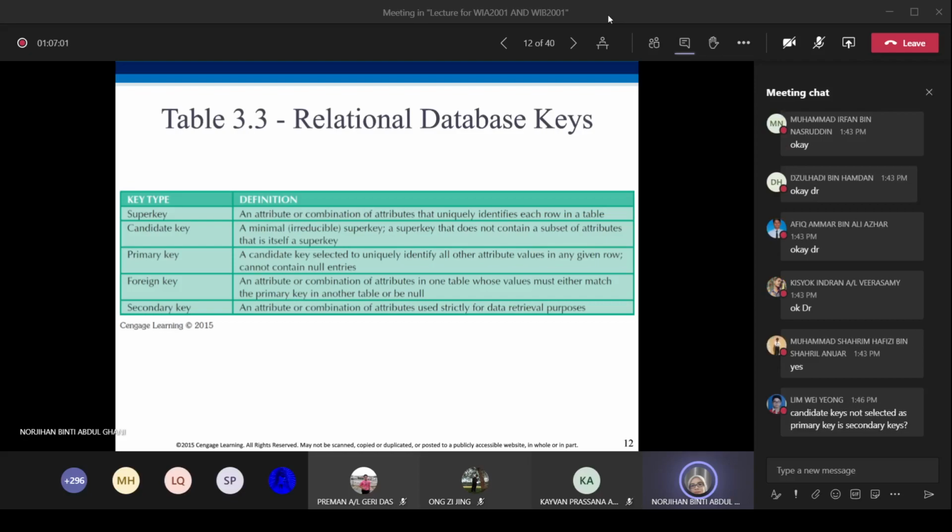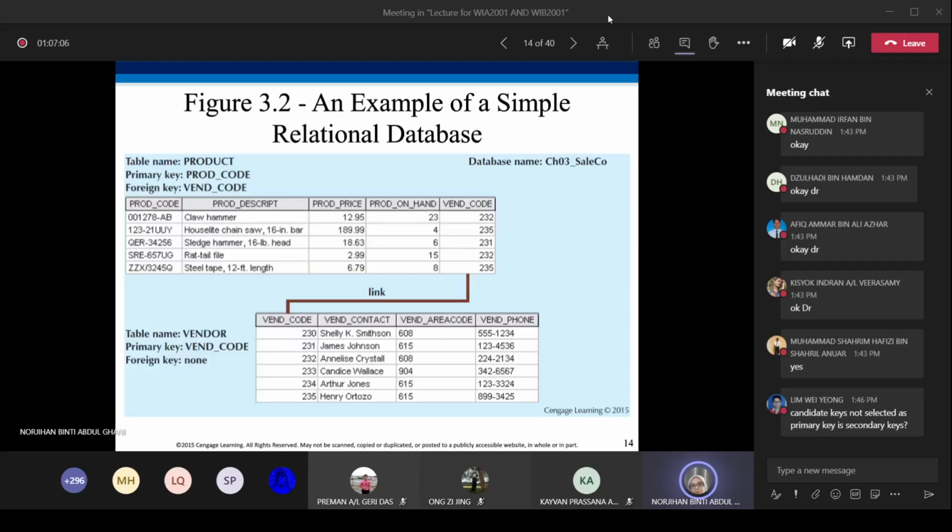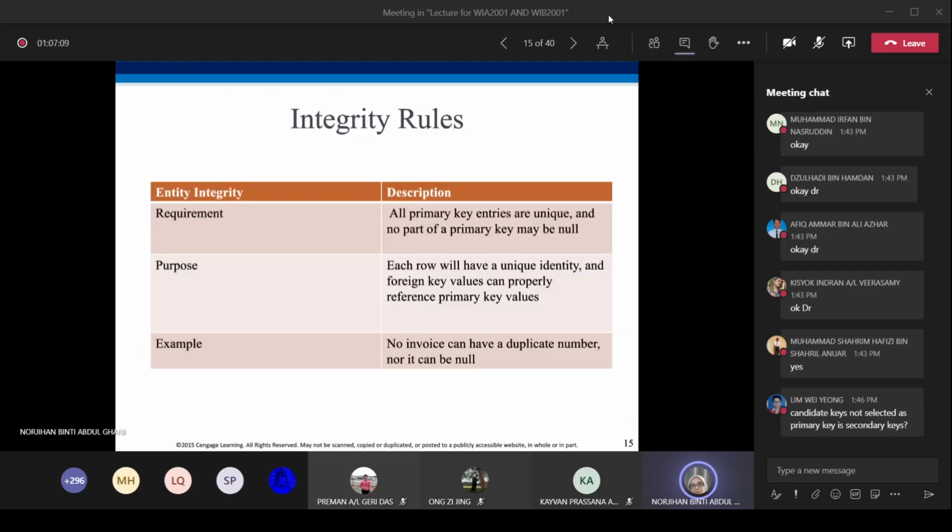Next, integrity rules. There are two things that you should know. The first requirement is that all primary key entries are unique, and no part of a primary key may be null. When we decide that one attribute is the primary key, there must be a value for that attribute.